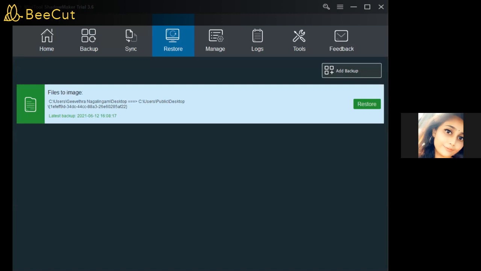So if the server fails, you can use MiniTool ShadowMaker to recover all the data that you backed up, for your office files, personal files, and information regarding your company. I think MiniTool ShadowMaker is the best and most suitable tool to overcome all the problems faced by your company.